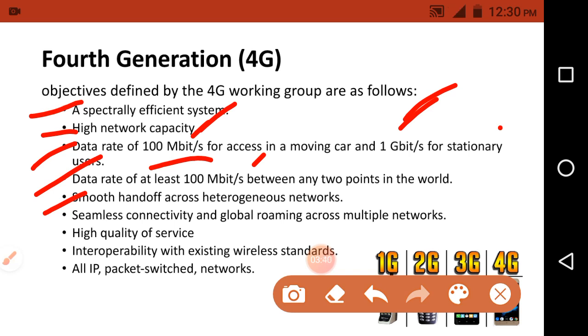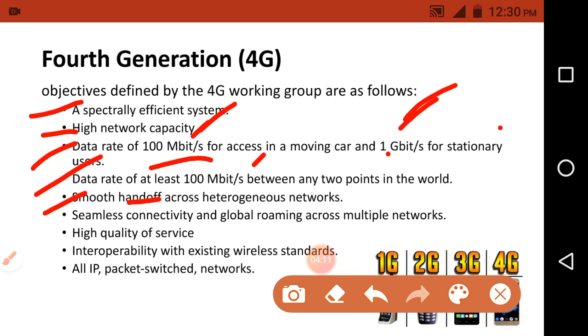In a soft handoff, the mobile station can create communication with both base stations at the same time. If a mobile station wants to communicate with the new base station, it doesn't need to terminate the connection from the previous base station.